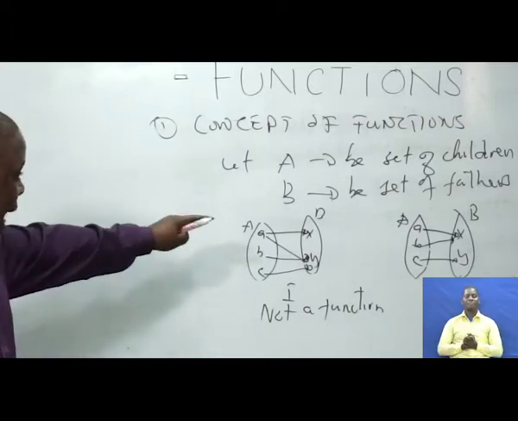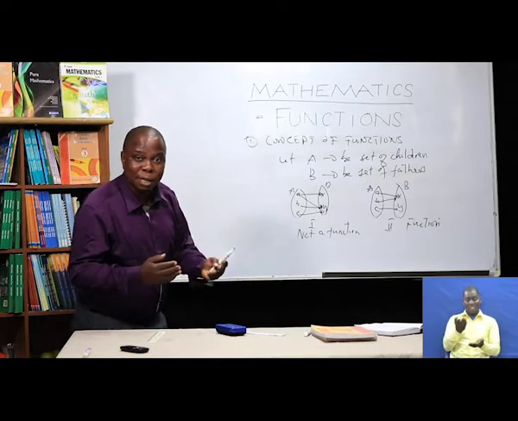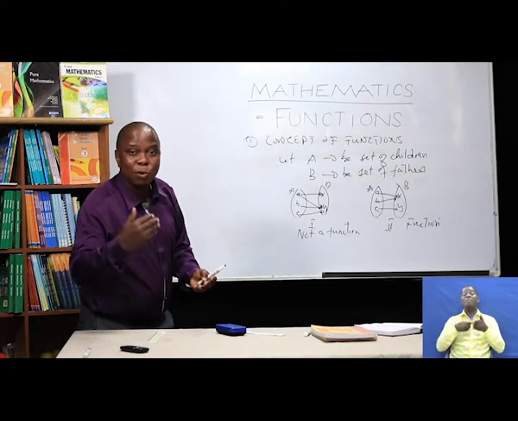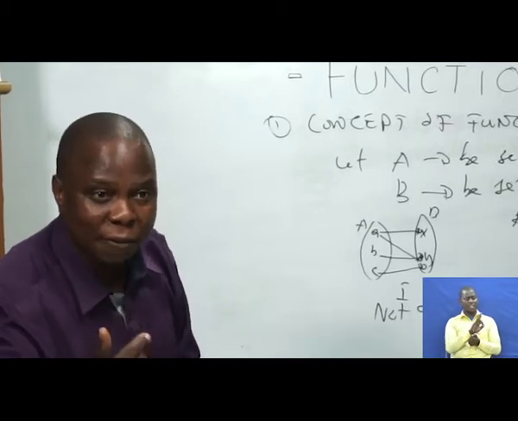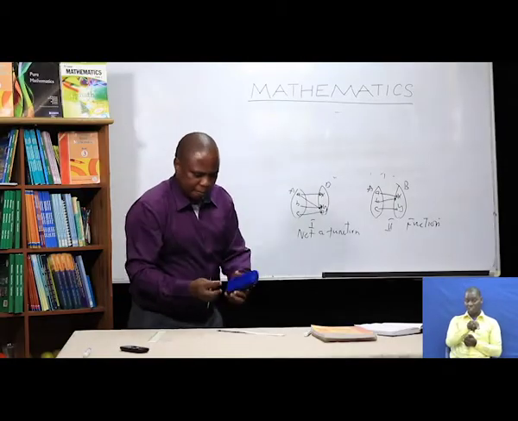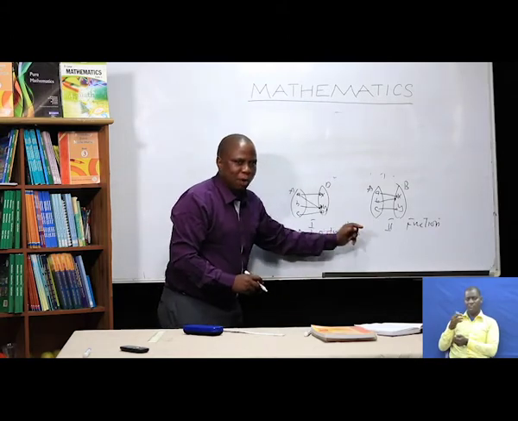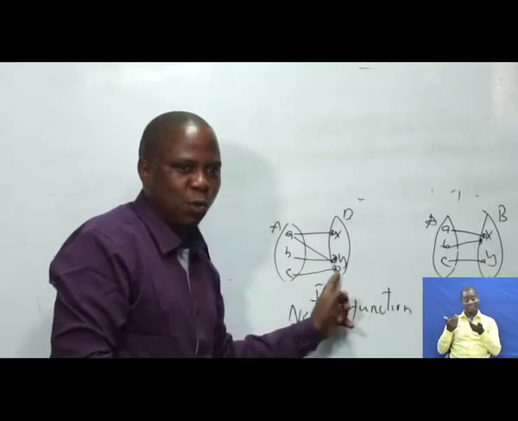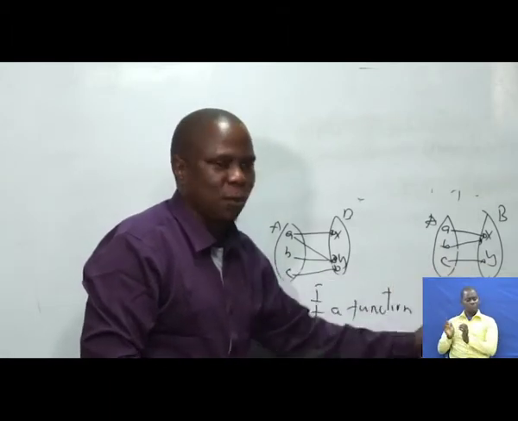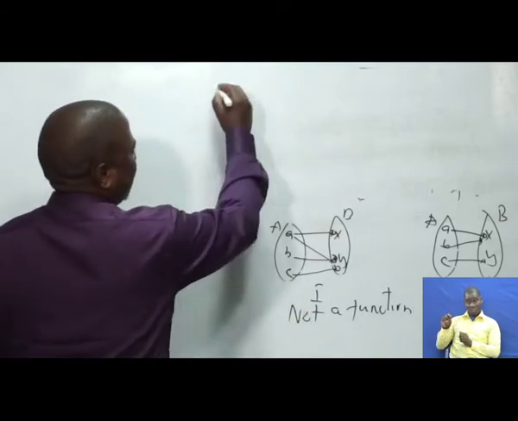I would like to label part of that one so that we can see when a function is represented differently. How can you determine this is a function or this is not a function? Now let's have a look. I've retained this one because what I'm going to prepare here depends on these two diagrams, especially this one which is a function. That is, from the first illustration,